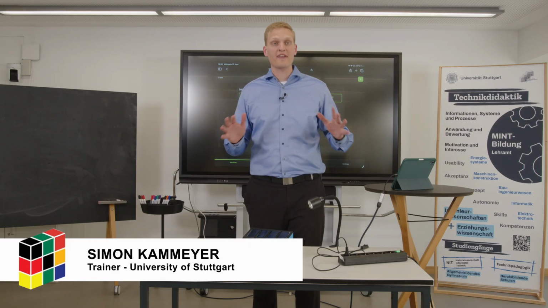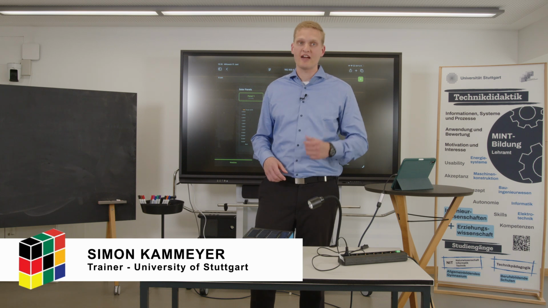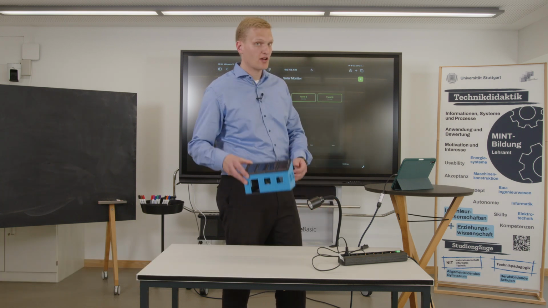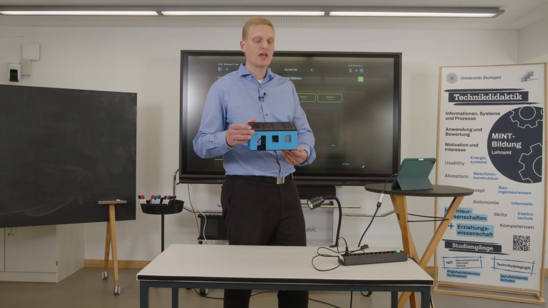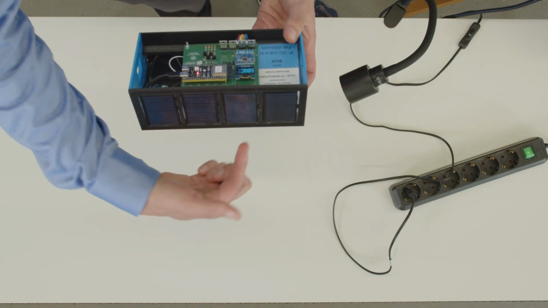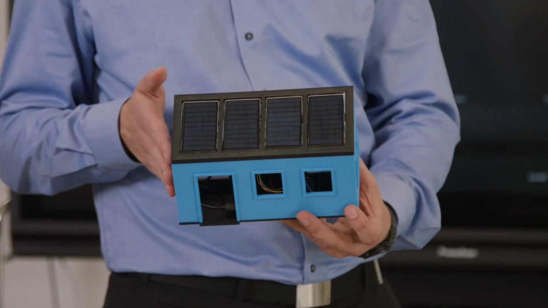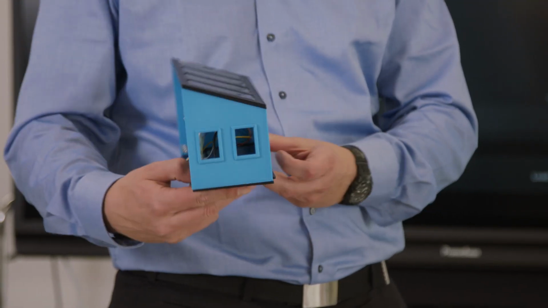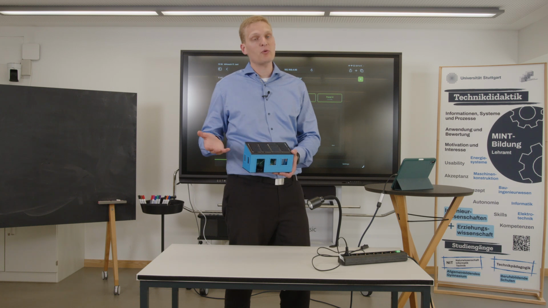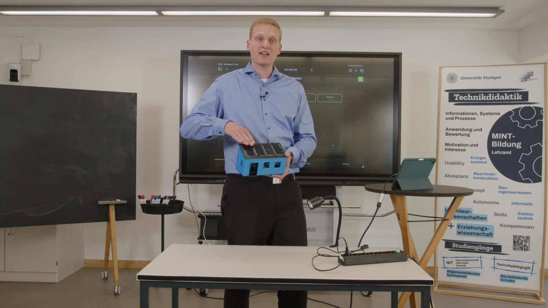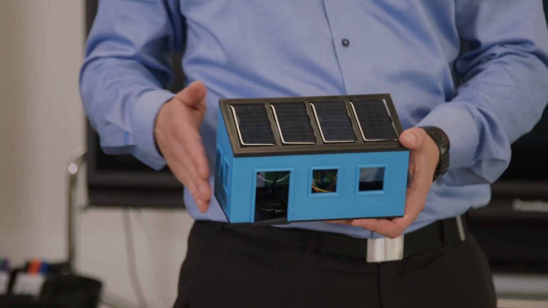The last of our 9 technical experiments which we developed is the PV battery ratio experiment. Here we have a small house, and there are 4 PV panels on the rooftop and 4 batteries stored in the basement of the house, which you can't see at the moment. And here we can find out what is the optimal ratio between PV panels on the rooftop and battery storage